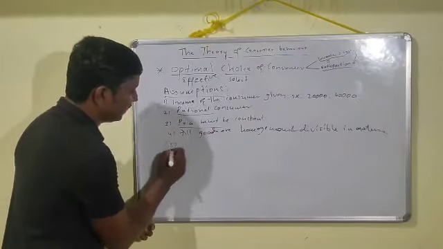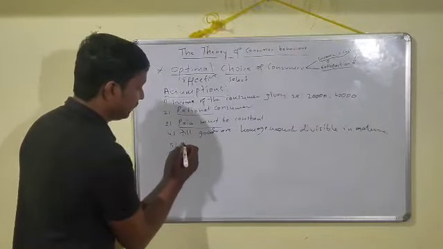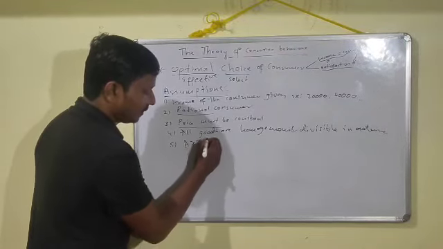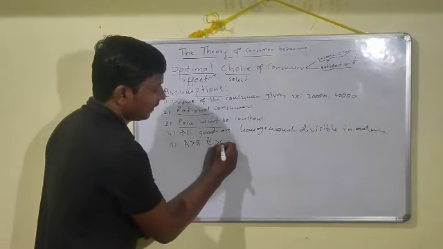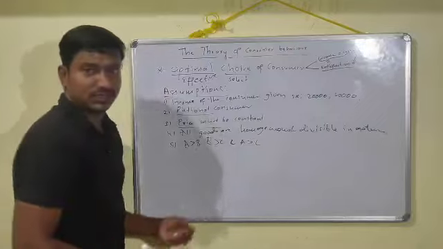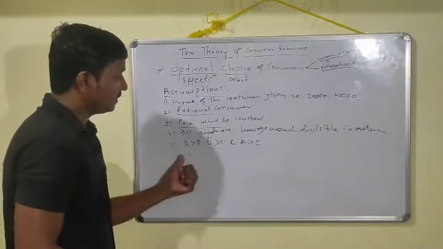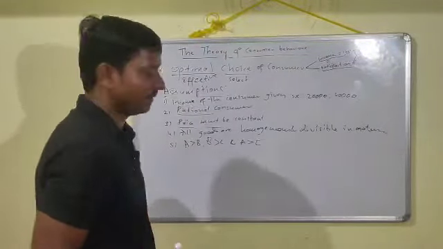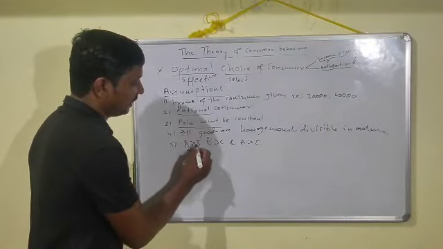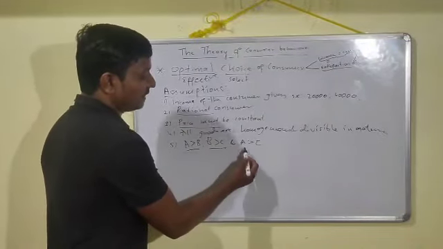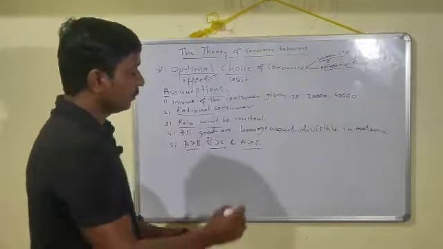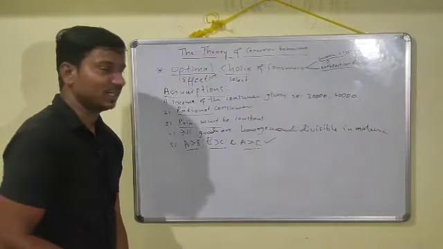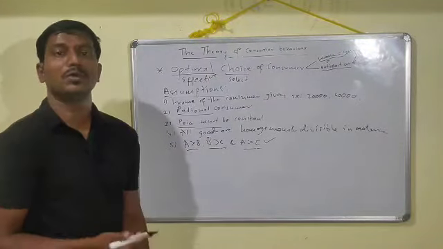And the fifth one: there is one condition which is given to us that should be fulfilled here. What is the condition? The condition is A greater than B, B greater than C, and A greater than C. So this is the condition we have to fulfill. Once the condition is fulfilled, then that point is going to be called the optimal choice of consumer behavior. So this is also to be kept in our mind. A must be greater than B, B must be greater than C, and A must be greater than C. Once this condition is fulfilled, then we can accept this point as the optimal choice of the consumer. Not only this, we have some more other assumptions also.